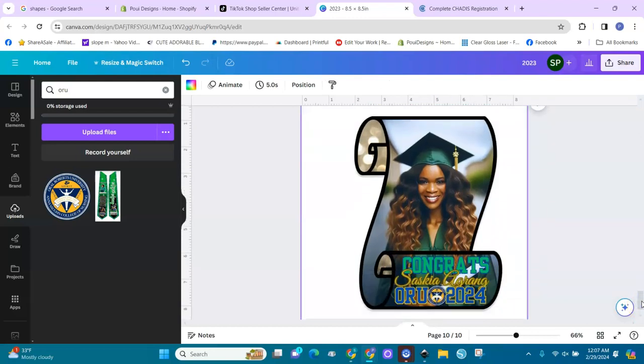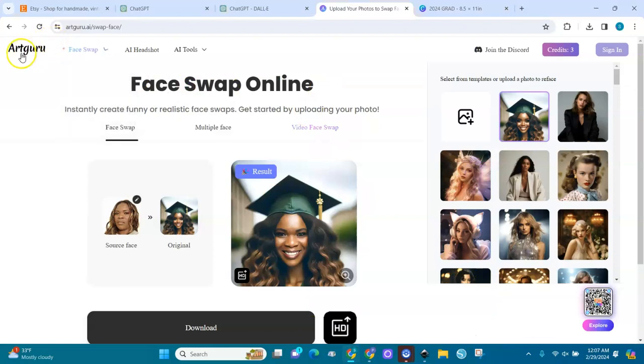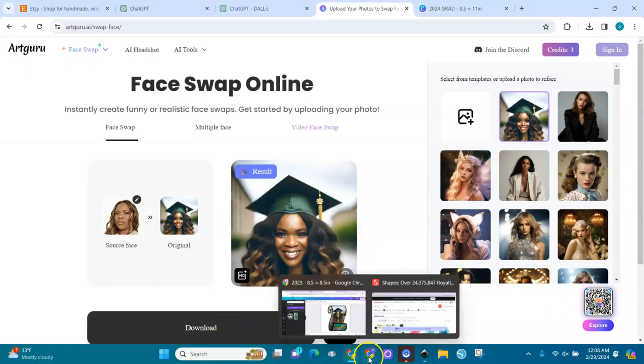So like I showed you, let's go back fast. You purchase one of those images that you like. Okay, you bring it into Art Guru, you go to face swap, you load your image up here. Okay, the image that you want to paste, put the face of the graduate, and you upload it here. When you upload it here, it will appear here. Okay, and then you load your own image here, and then you click on face swap, and then you will wait a few seconds, and then the result will come here, and then you download the result, and then you go into